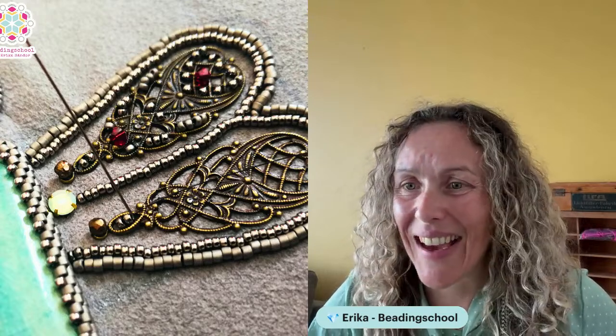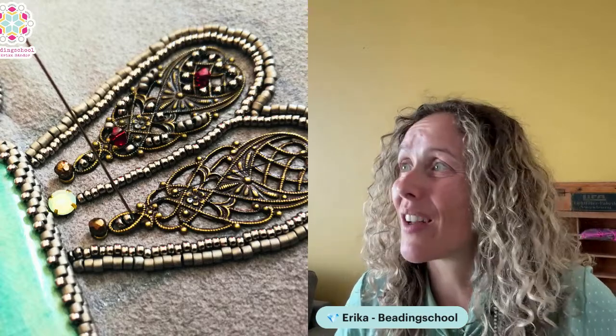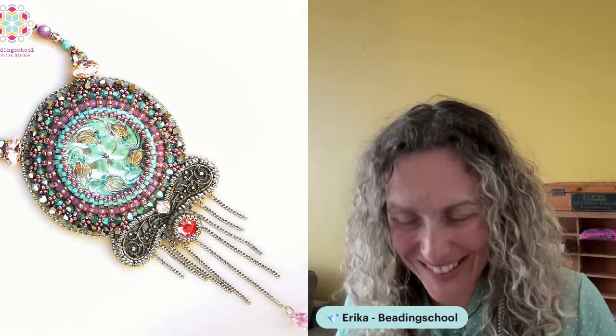Indeed, and I do have another wing filigree piece for you, lovely ladies. And this time, as I mentioned, it is the work of our dear Aniko, who is the newest member of the Beadingschool Creative Team, and we are so incredibly happy to have her. The piece is called Leaf Whisperer, and Aniko said,